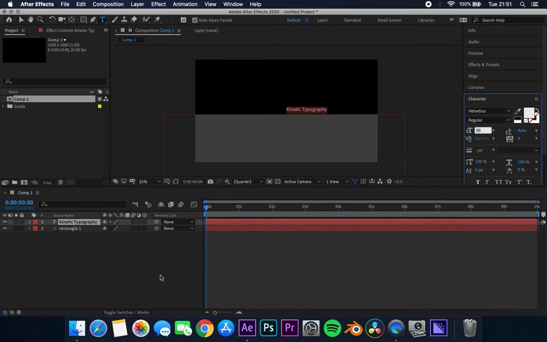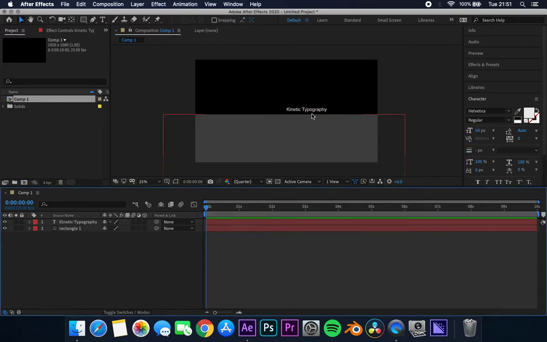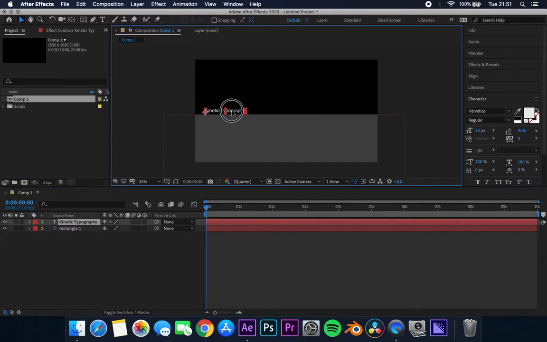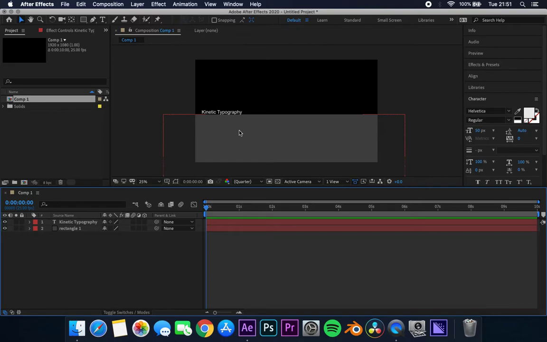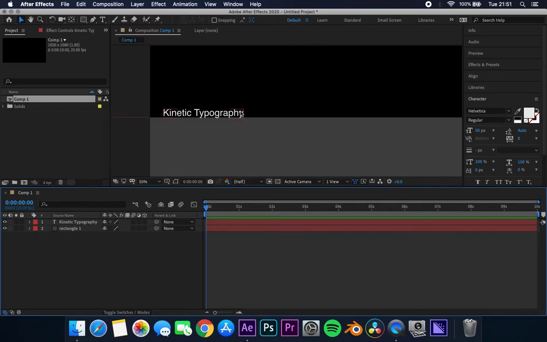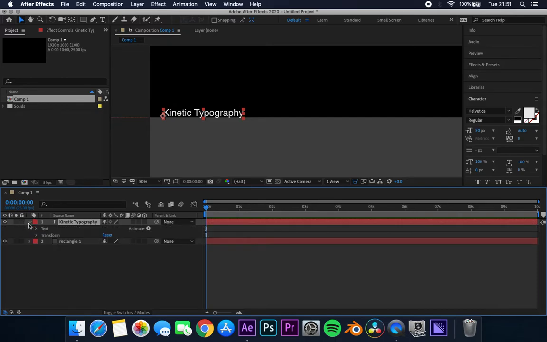And regular is fine. I'm just hitting V on the keyboard to bring about my selection tool, and I'm just going to move this over here. So we don't want it to overlap the grey too much. That should be fine. Okay, so with the kinetic typography selected, I'm just going to drop down the options here,